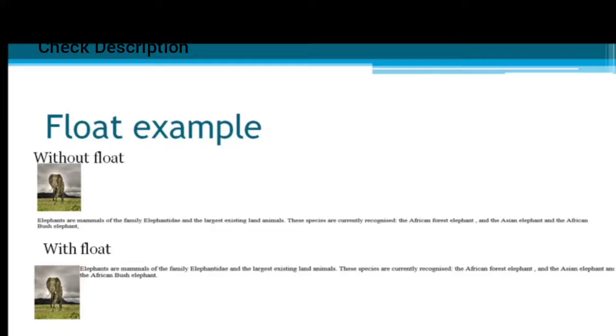But when we use float, especially when I have used float with the value left, then the paragraph text is wrapped around the image. So I could use this space. In the earlier case I could not use the space here, but in this case I have made use of the space also. If the image is small or the text is a bit shorter in length, then it can be easily wrapped around the image.